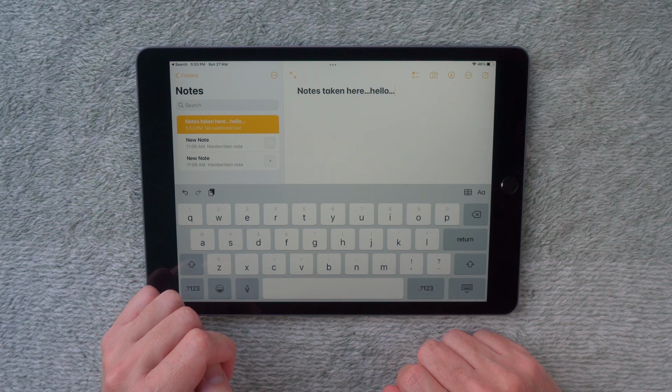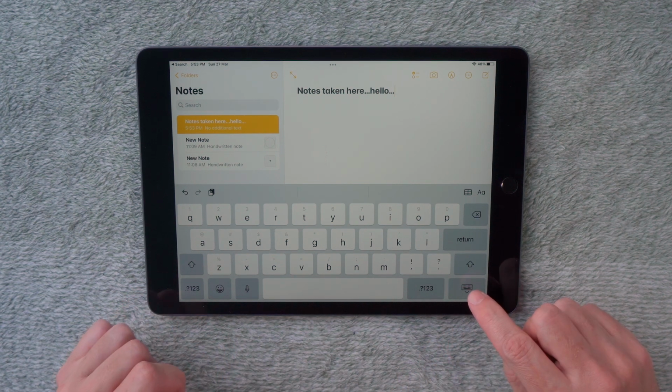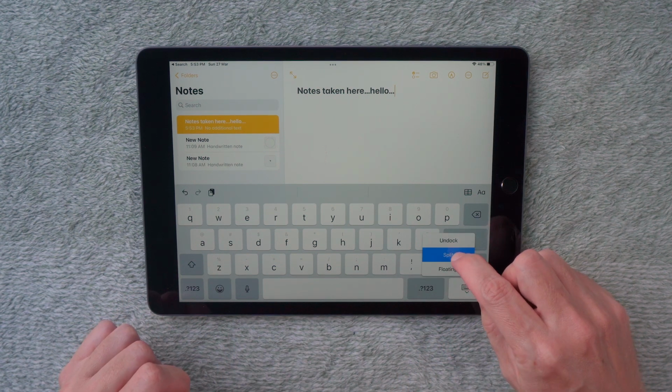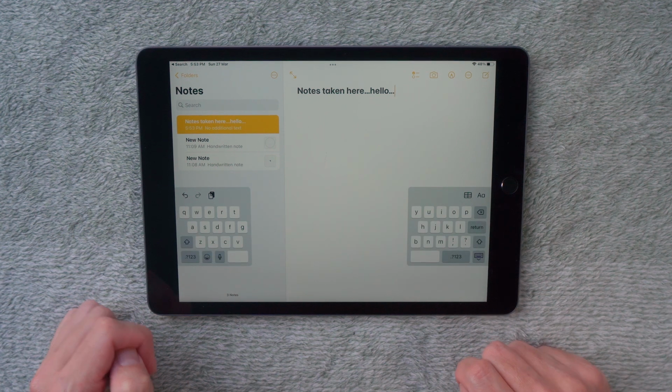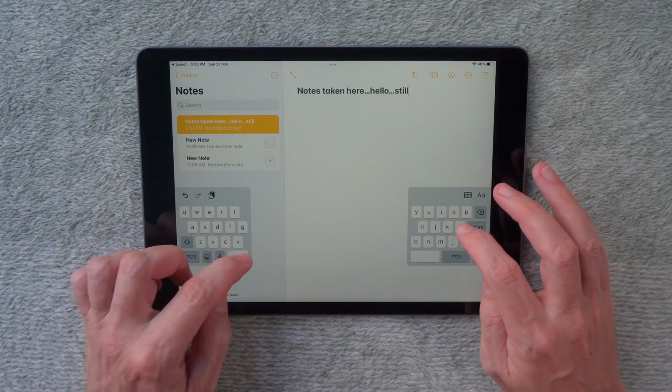So the main keyboard is really good to type on, but it does take up a lot of real estate on the screen. Fortunately, there are a couple of other keyboard views which give you those smaller keyboards. One of the most common ones to use is the split keyboard, and changing the keyboard to that is really easy. On the bottom right hand side where the keyboard icon is, hold your finger down on that icon, now move your finger over to the split screen, let go, and it will put the keyboard on the left and the right hand side of the screen.